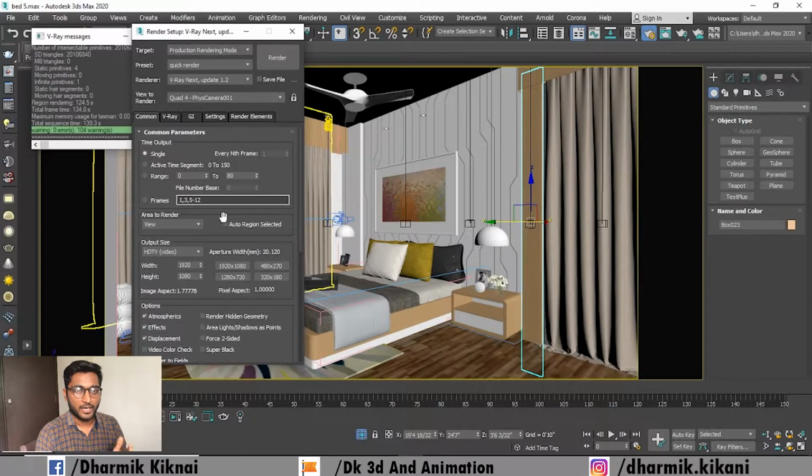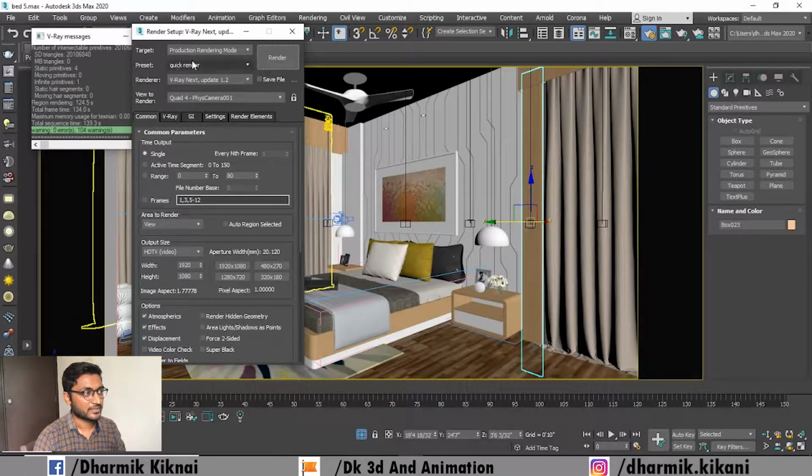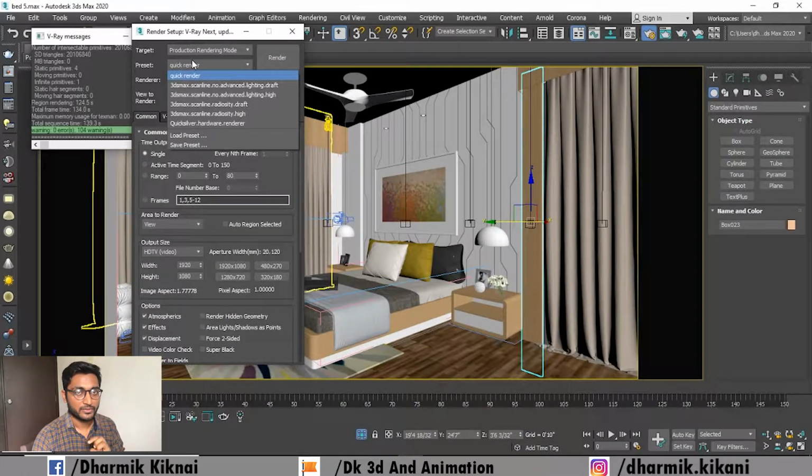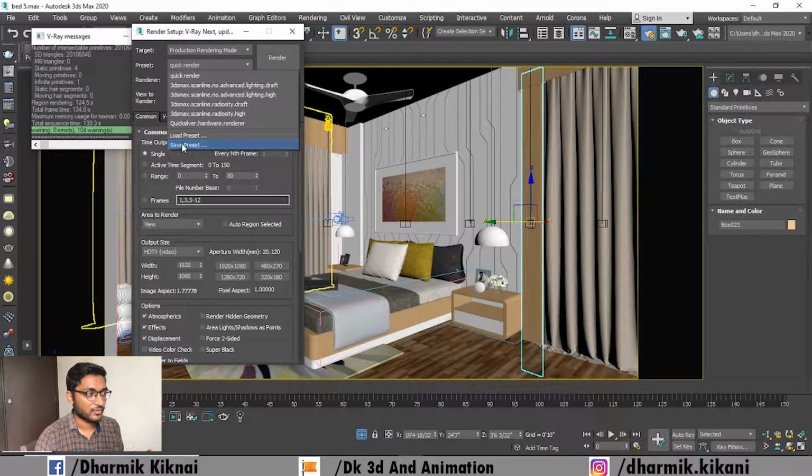As you can see, I use one 3ds Max file so you can get the idea. Now start from preset. It is important for your interior and also in exterior work. You need to simply set up your V-Ray setting one time, so you can save here, go to save and load. If you already have a preset for interior and exterior files, you can go to preset and simply load here.